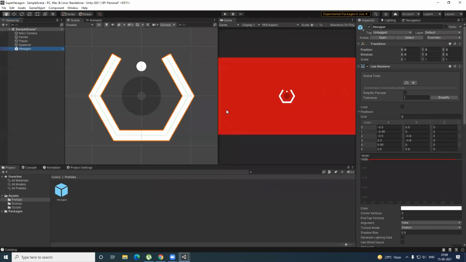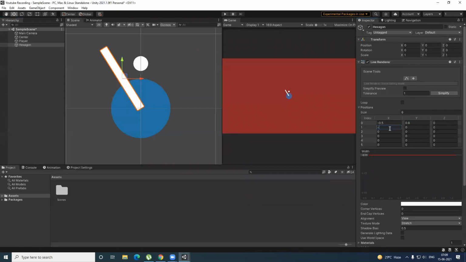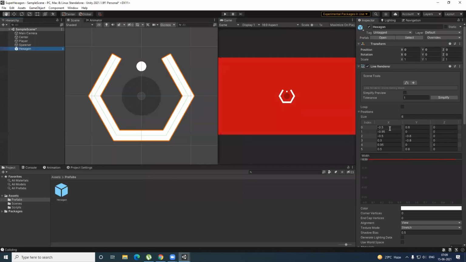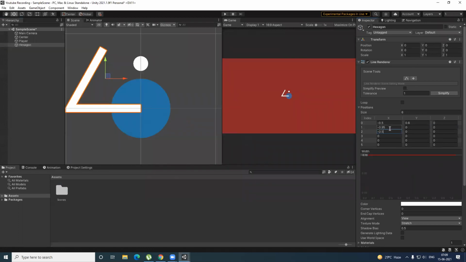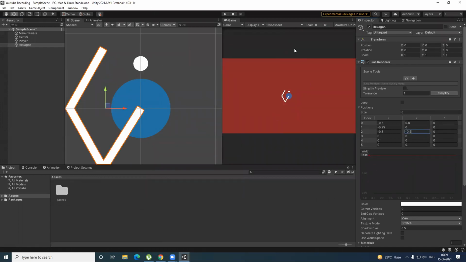Then if I have to move on, negative 0.95 and this is 0, then this is negative 0.5, negative 0.8. So now you can see, as I put in the positions, the shapes get formed.